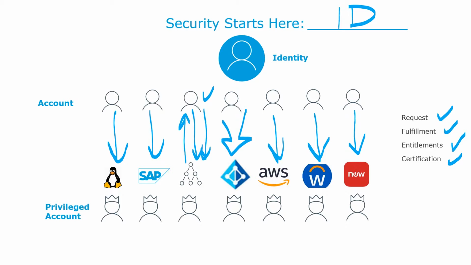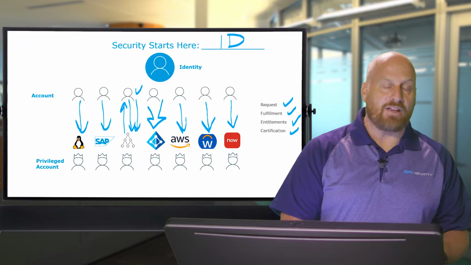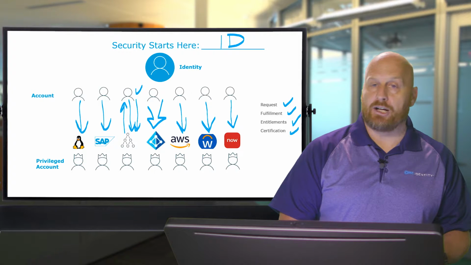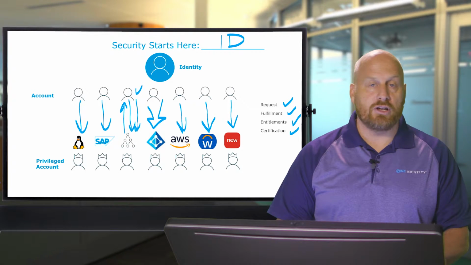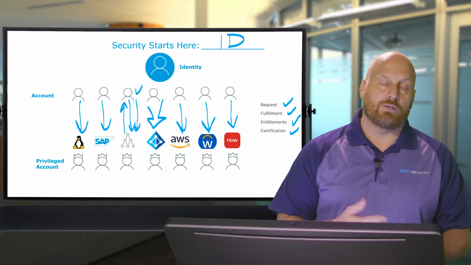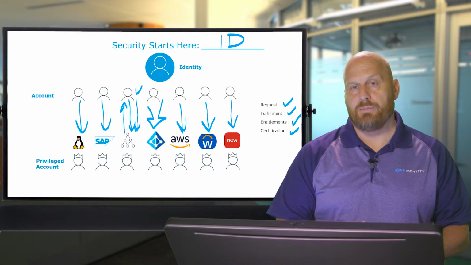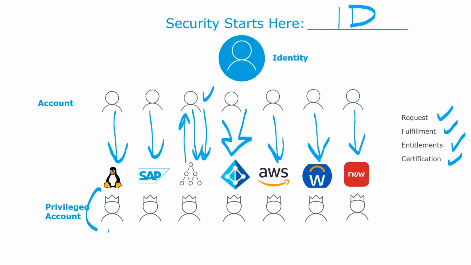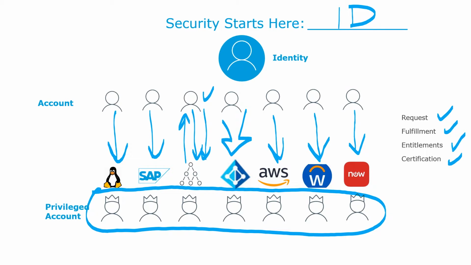So you've got all these accounts that are being dealt with. These things have to happen: requests, fulfillment, entitlements, and certification across all this stuff. And it's really disjointed, it's really a mess. And so that's where people run into trouble. That's where the risk, that's where the compliance troubles come in, because it's not consistent. But we haven't even talked about the privileged accounts. Every single one of these systems has a privileged account associated with it. Every one of those privileged accounts is probably going to be used by an individual that has an identity. So you've again got this disconnect between the identity and the account that's going to cause you more trouble.